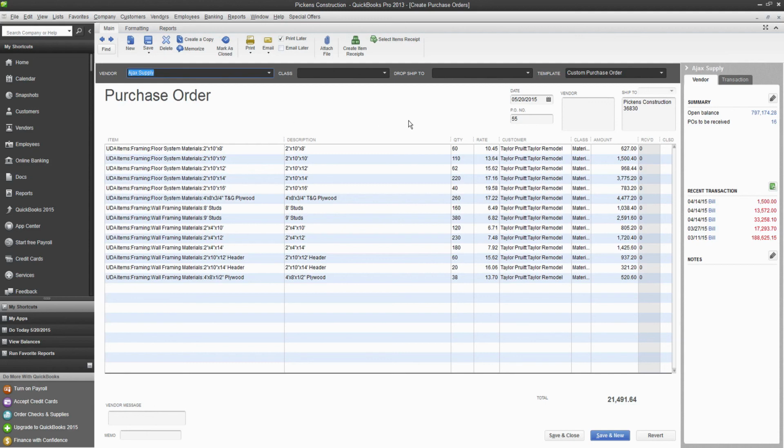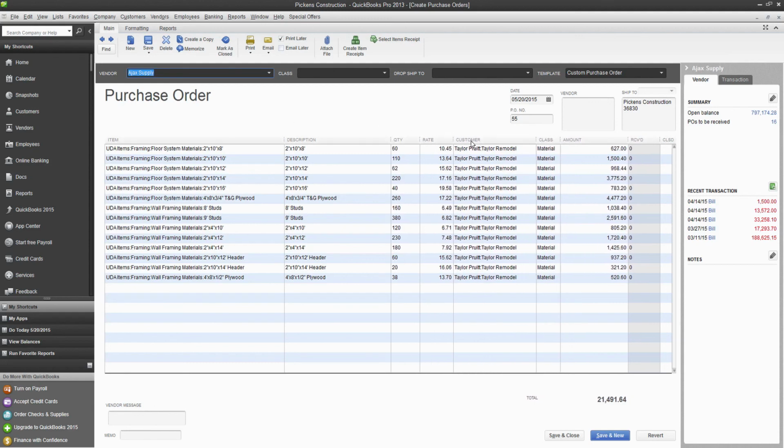And finally, this is actually automatically going to assign the customer and job to each of these items for you, which is really crucial in making sure that ConstructionSuite picks back up on that and brings it into the estimate. So if I go ahead and save this PO now, actually,